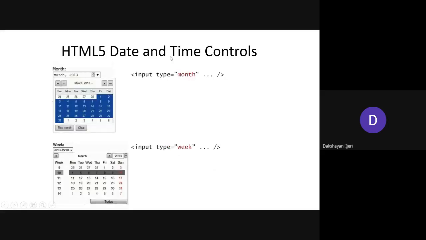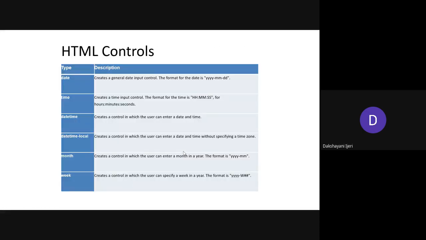So similarly, you also have the values to read only the month and only the week. So in case of the month, it is going to give you again the calendar with the respective year. That means whenever you select any month, it is going to take the month along with the year as an input here. In the same case, whenever you take it as a week, it is also going to take the month with respect to the week along with the year as an input over there. Okay. So for which you need to create it as input type is equal to week. Okay, so these are the same things that I have just now discussed.